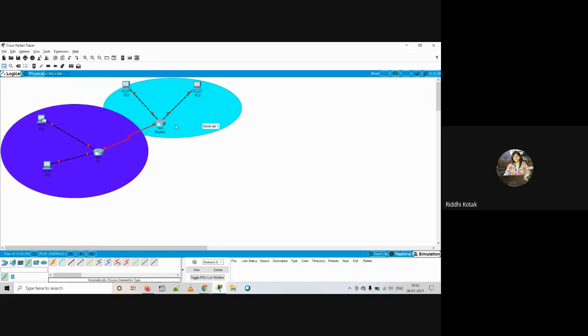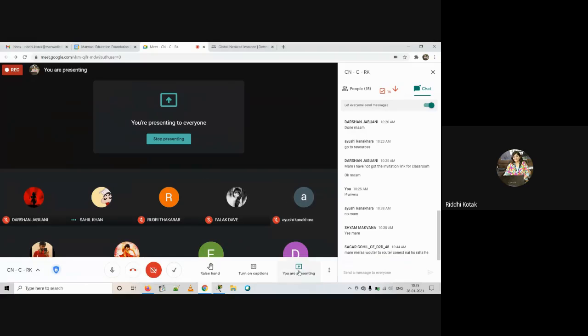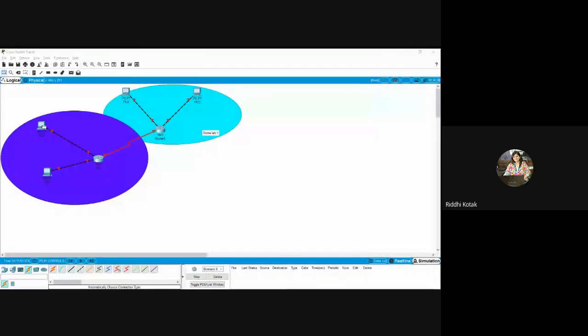So till now, is there any doubt to any student? If you are having any doubt, you can ask me. Okay, so this is about the demonstration of devices, Cisco Packet Tracer, and how to configure it in Cisco Packet Tracer. You still have some time, so just utilize it, and parallelly let me start your attendance.